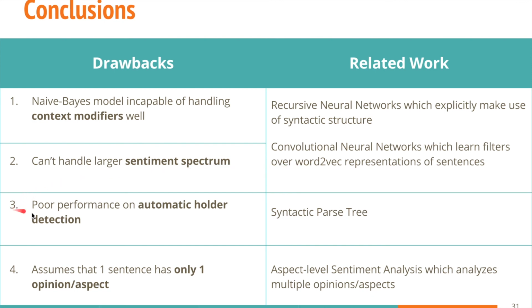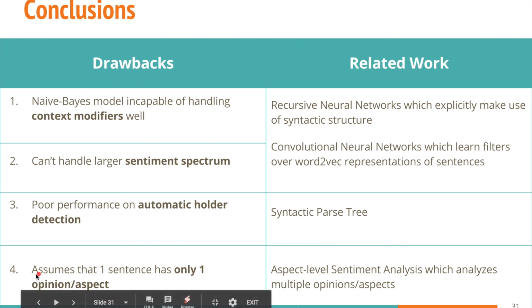The third drawback is poor performance on automatic holder detection, and it is resolved by syntactic parse tree. The last drawback is the assumption that one sentence has only one opinion or aspect, and it is resolved by aspect level